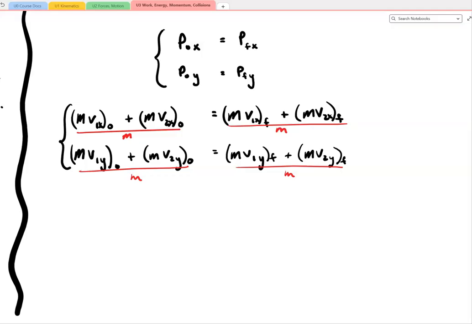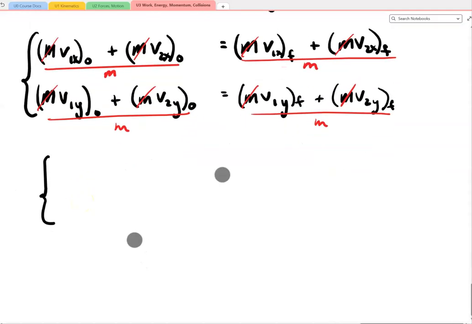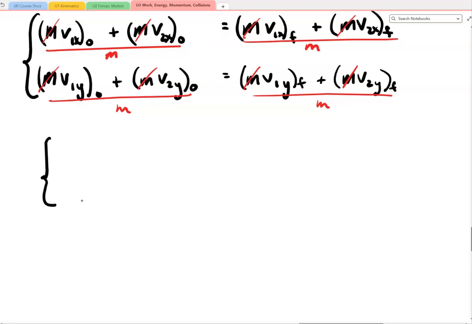But if I'm dividing m on one side of the equation to make this set of quantities disappear, then when I divide it on the right side to keep the equation balanced, they also disappear. So in this case, the mass quantities end up disappearing altogether from this problem. So the momentum, while it does require a mass component to compute momentum correctly, to solve for this velocity component, we actually don't need the mass values at all. So now I'm almost ready to set up the system that I'm going to solve. So I'm just going to note here that